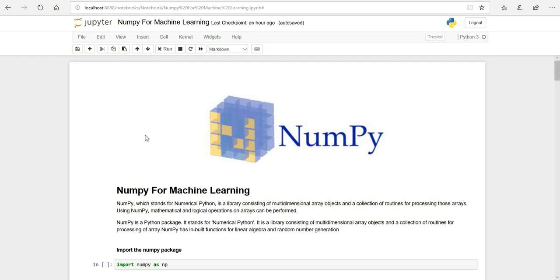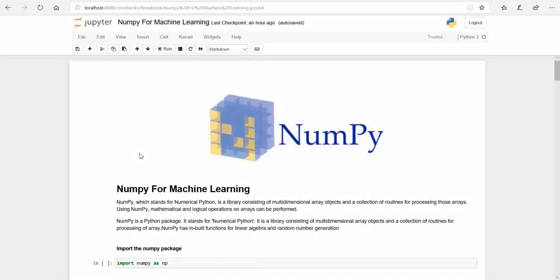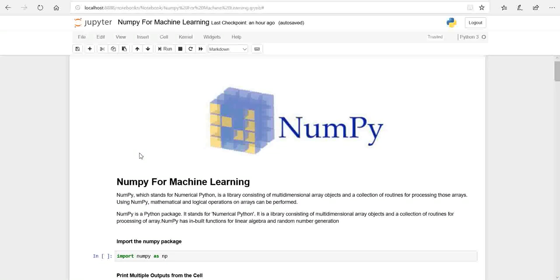Today we will discuss the essential NumPy features for machine learning. So what is NumPy? It is a Python numerical library built to work with multi-dimensional arrays, or what we call matrices. We can perform all sorts of mathematical and logical operations on these matrices. It is much similar to a Python list but gives much better performance as compared to a list because it's built on top of C libraries. So let's get started.